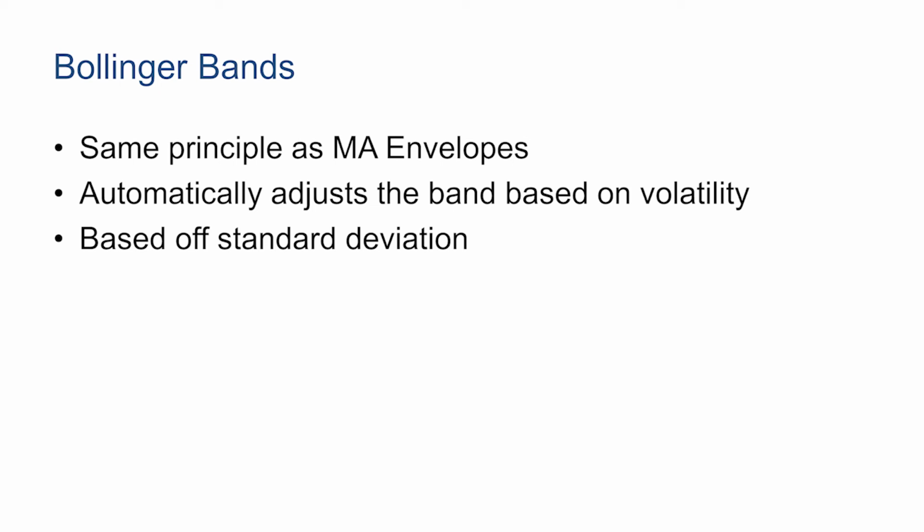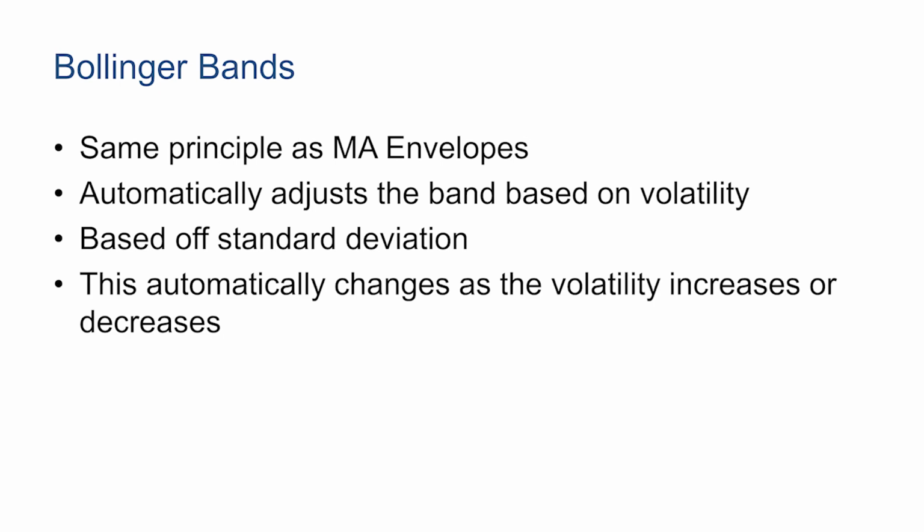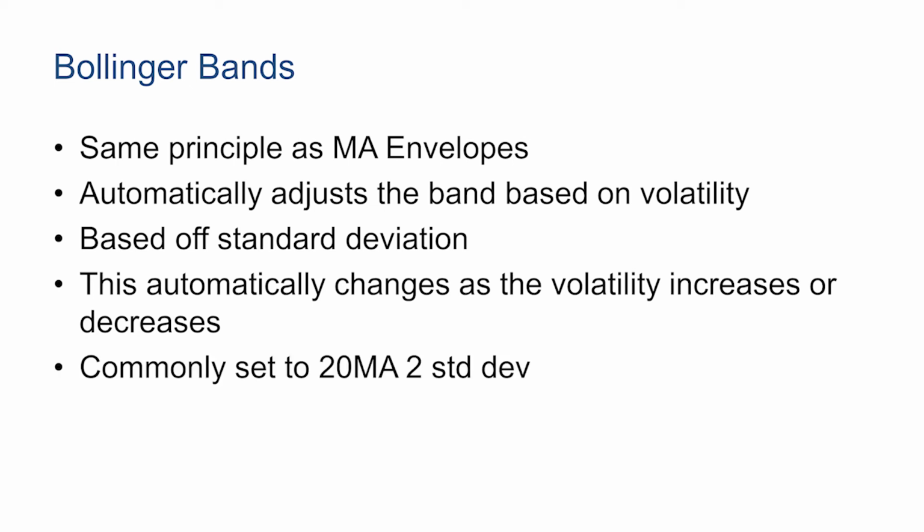So this allows you to move from one volatile stock to a less volatile stock, and the Bollinger band will automatically adjust based upon that stock's volatility, subsequently making the bands always work well. The default settings on Bollinger bands for most technical services is a 20-period moving average with a 2 standard deviation